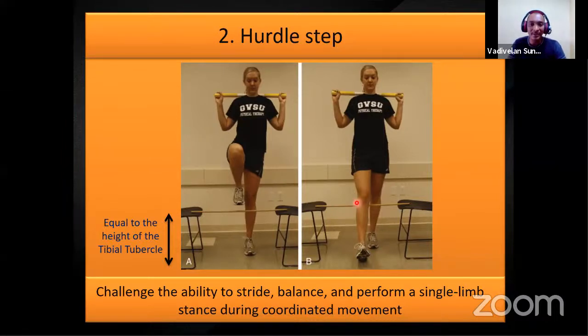What is measured is the ability to stride and balance performance in a single stance. In many sports actions, single limb balance is very important. You should be stable on your single limb while you perform some sports activity. If you are kicking a ball with one leg, the other leg should be stable. This test mainly assesses single leg balance.